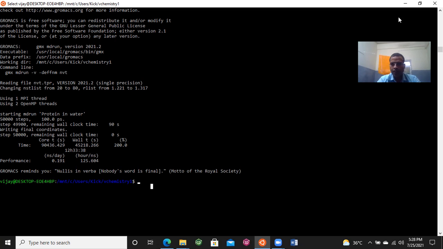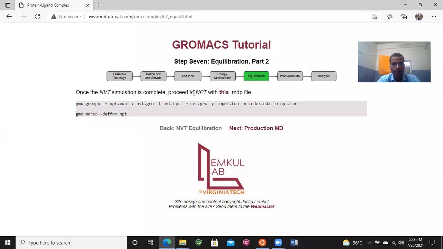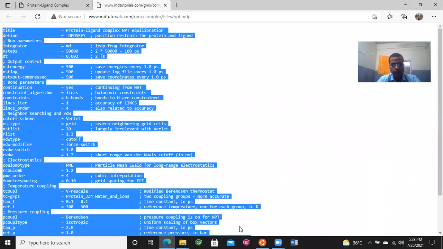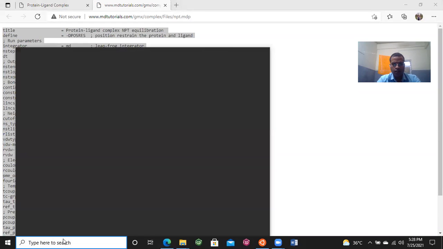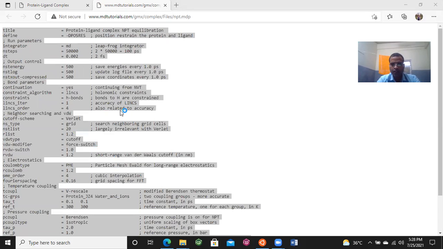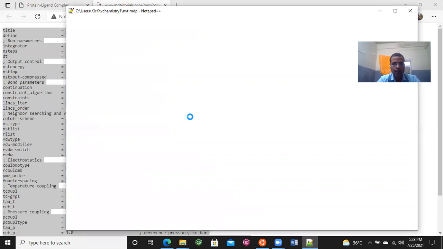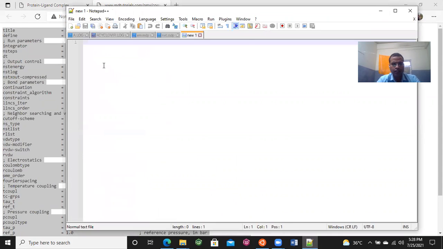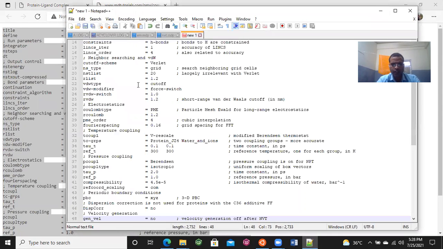Now we have to go for the next step, that is the NPT, and this is the parameter file. We need to copy, Control C, and open in Notepad++, take a new file and save this file as npt.mdp.